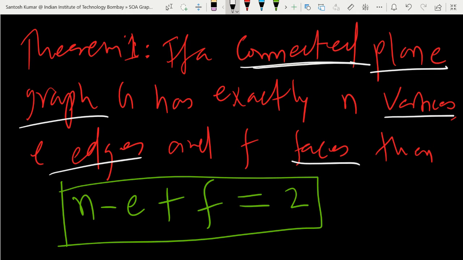So for that, we'll use the induction method. Okay, so you know the method of induction. It has three steps. In the first step, you start with the smallest value of n, and then in the next step, you assume for n minus one. There are two types of induction. One is you assume for n minus one, prove for n. The other way is you assume for all the values less than or equal to n minus one, then you prove for n. So the statement is true for all the values less than n, like n minus 1, n minus 2 and so on, and you prove for n.